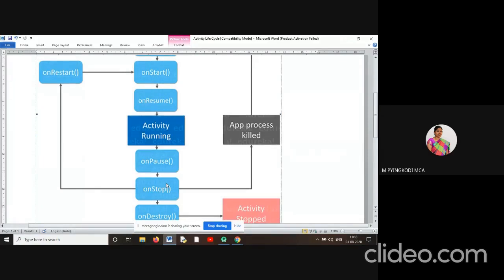So next one is the onStop method. After we are using WhatsApp, if you press the back button, it will enter the onPause method, right? If you are trying to exit that WhatsApp app, how do you exit it?